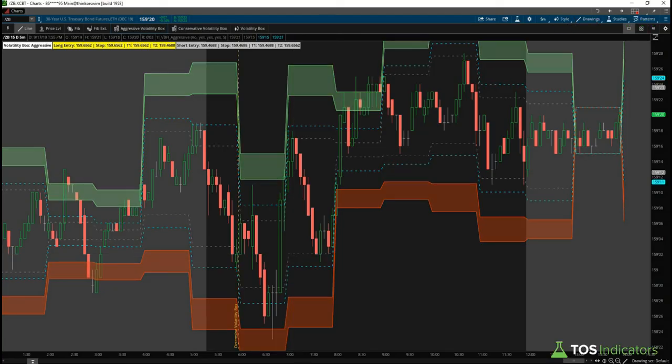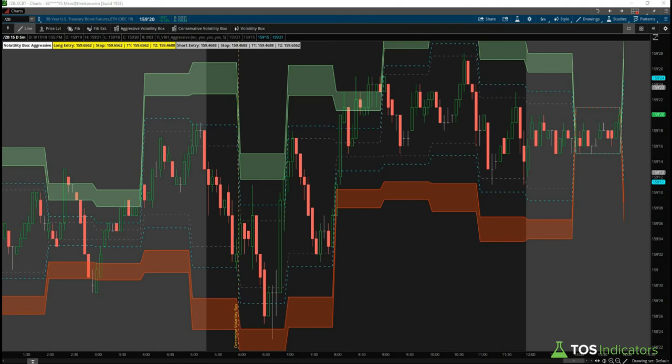Okay, so here we have a chart of the 30-year bonds plotted, and we're on the aggressive volatility box. We'll draw our entry line, and we check to see whether or not we breached either side's aggressive entry lines. We see here that we very clearly did right here at the end of the hour, but what we also noticed is we ended up bouncing in the opposite direction with an equal move of what would have been originally our stop and our T1, letting us know that, hey, the volatility box was at least giving us our first targets. So that was our sign to continue to use the aggressive volatility box for the rest of the day